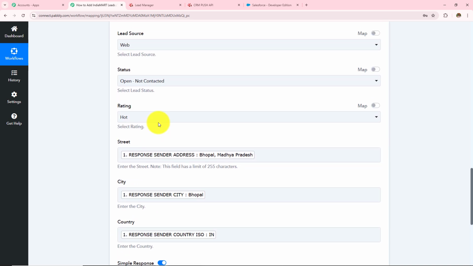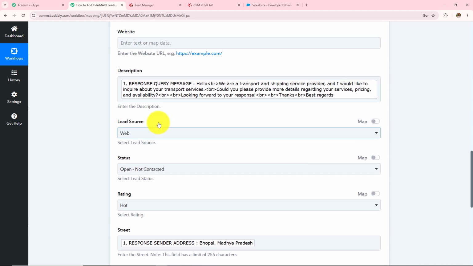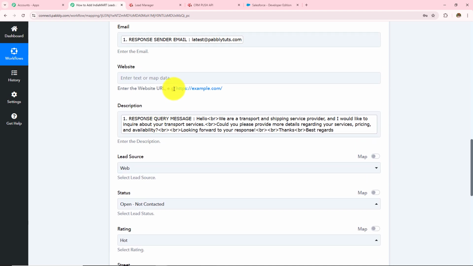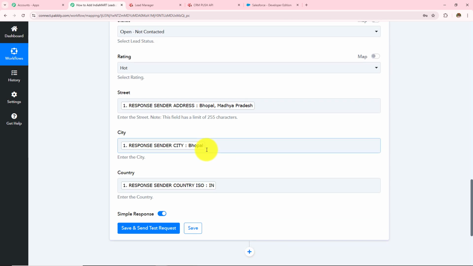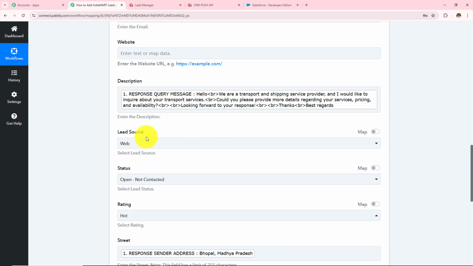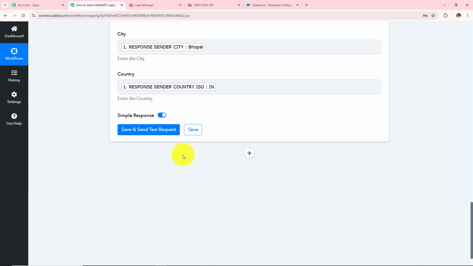Now over here, mapping is important so that every time you receive a new response, it is taken into consideration in these fields. Manually entering the data will make these fields static, and the information will not change even if you have received a new response. If I manually enter the details, this field will become static, and every time I receive a new response, the result will not change. So as to keep these fields dynamic, we use this process of mapping instead of manually entering the details.